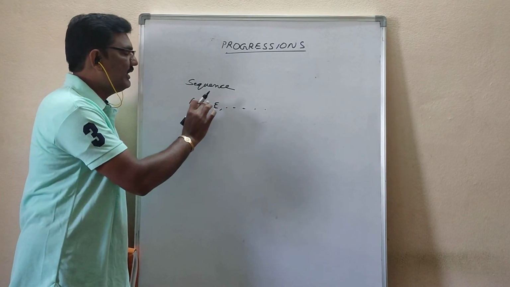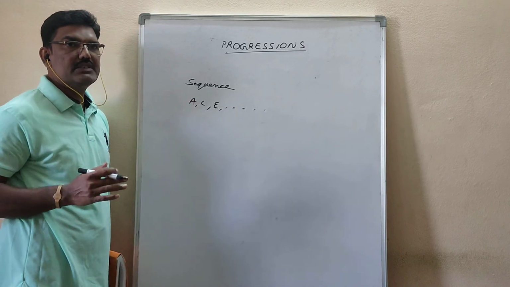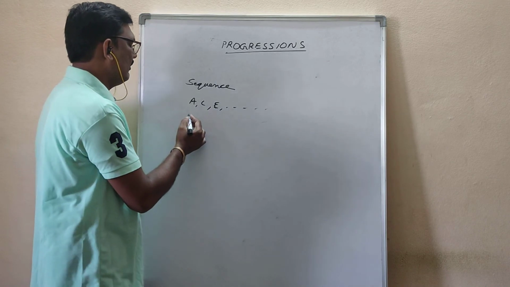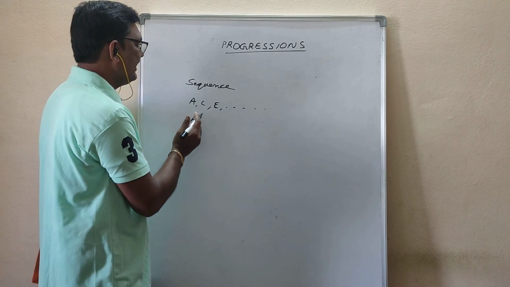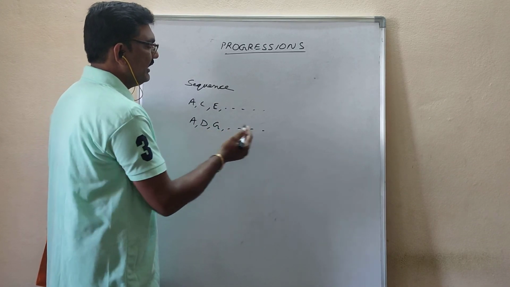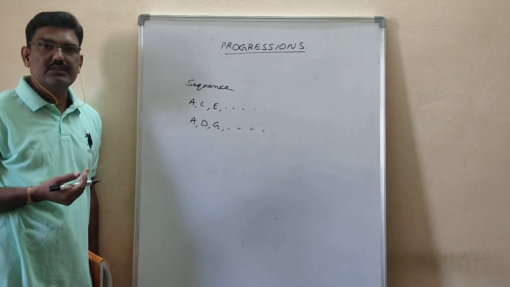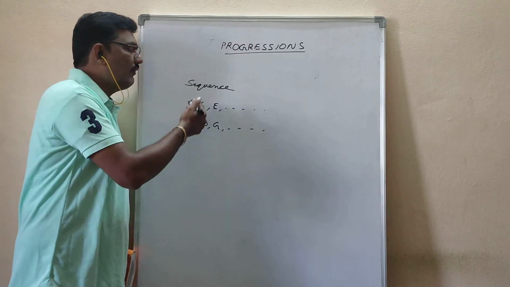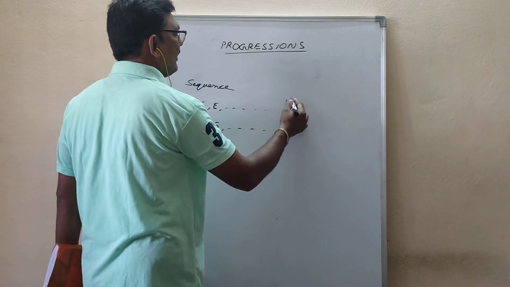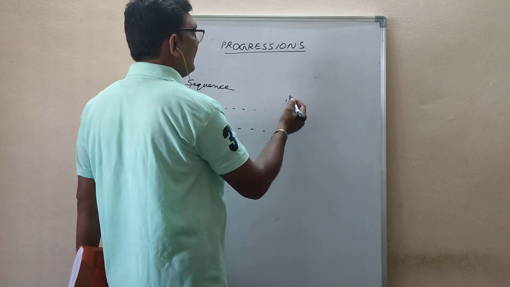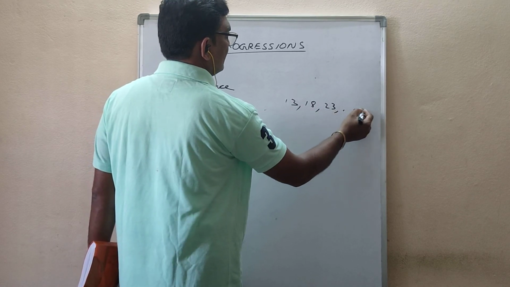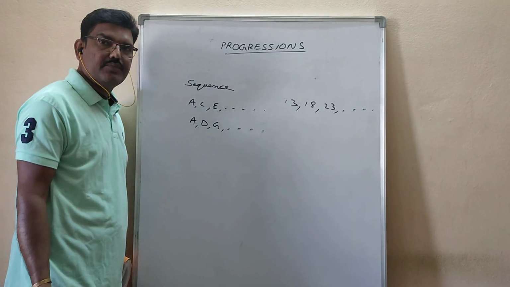In alphabets you have to write one by one, meaning one you have to leave and write the next one. Sometimes A will be there, BC won't be, and D, EF won't be, and G. So it is one sequence of letters, alphabets. With alphabets you can write like this, and with numbers also we can write. So the first number I am writing here is 13, and I am adding 5, 18. Again I am adding 5, 23. Like this, it is one sequence.